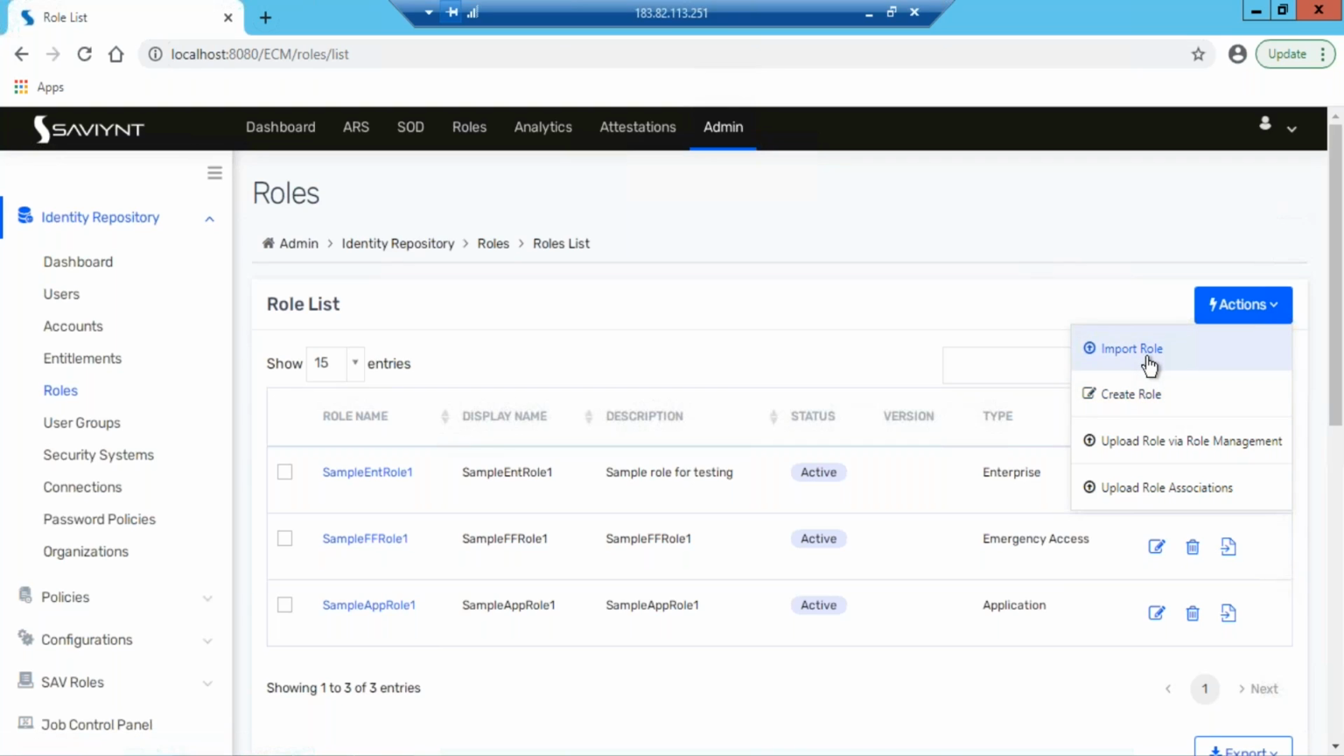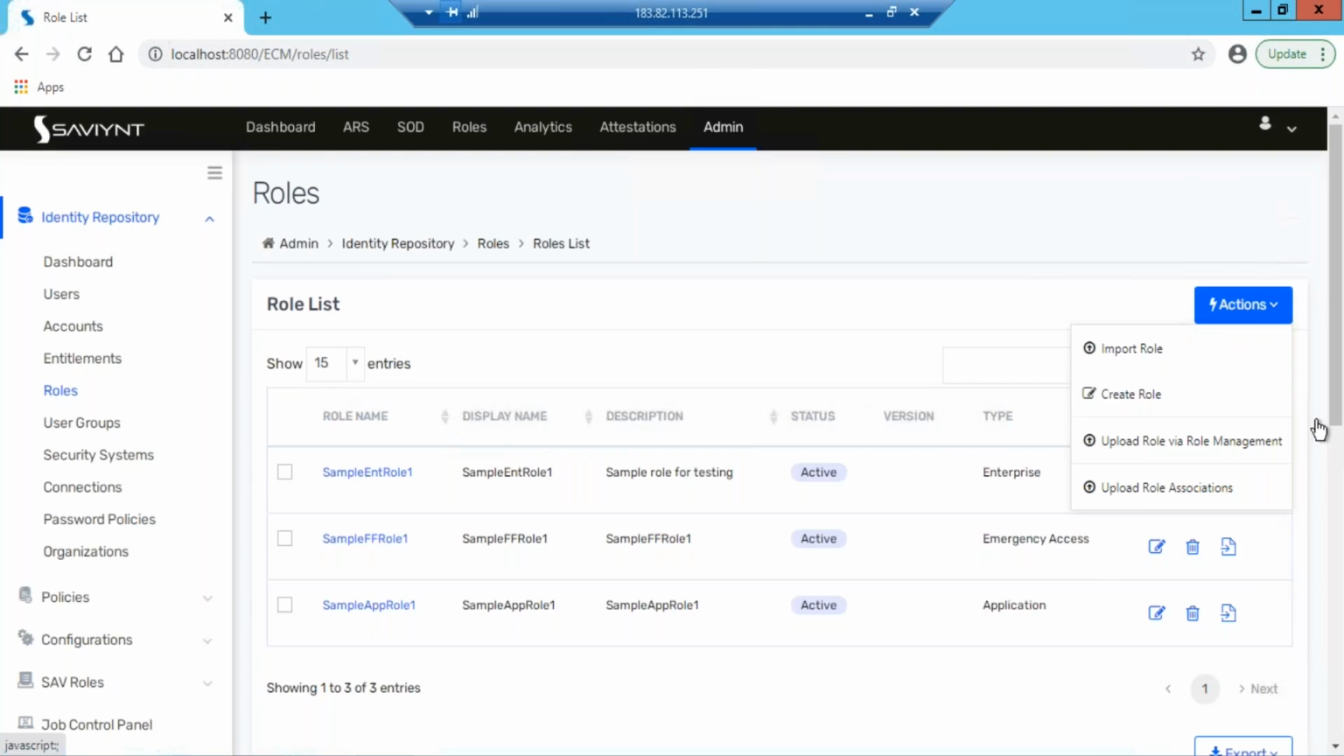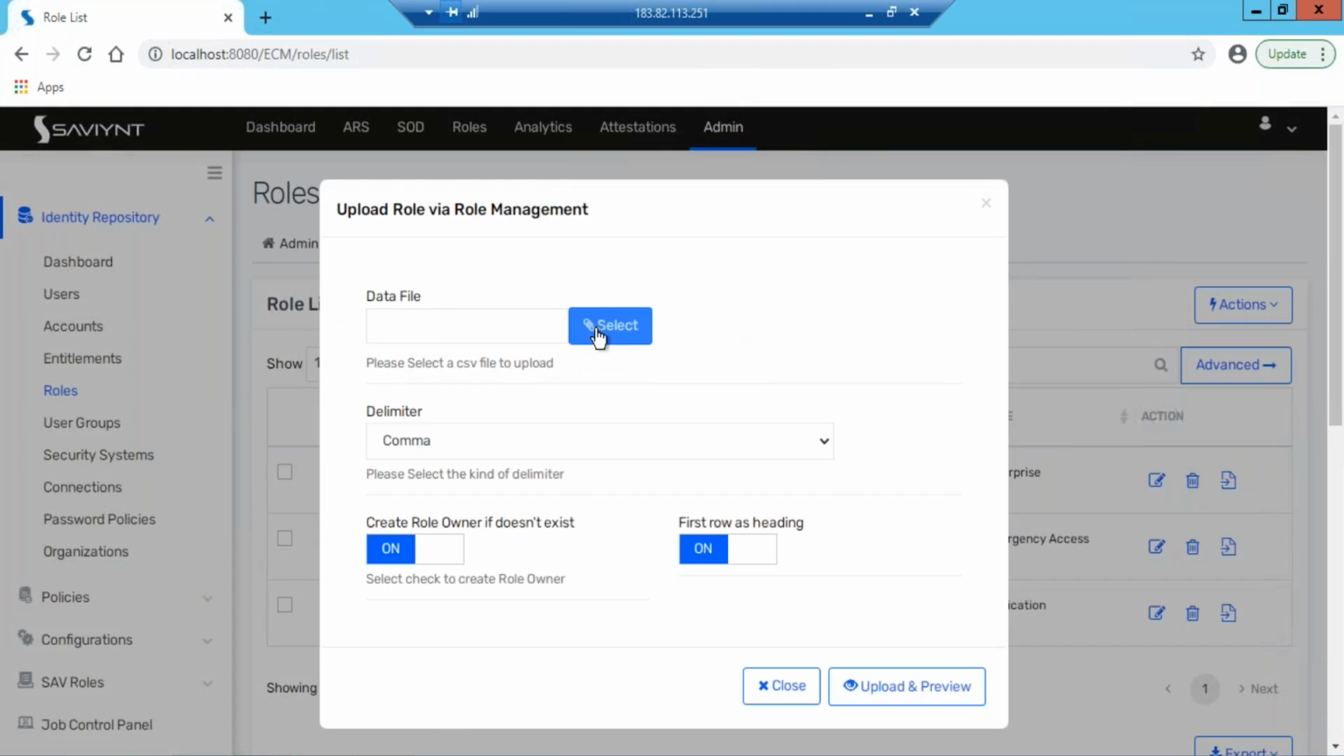Here what we are going to see is that when you're importing roles and its metadata, you have to use two separate tabs. For importing the roles, you click on, sorry, where is that? Yeah, you click on role upload via role management. So I come here,